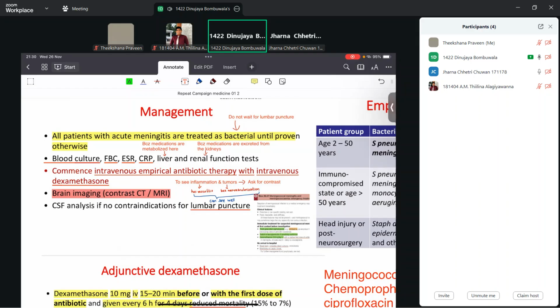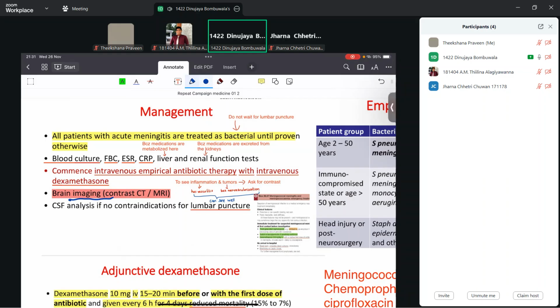You should remember that. Only in adult medicine are we giving steroids with antibiotics in meningitis. Brain imaging we can do, but it is not done as the initial investigation. There are many other things we should do as first line.